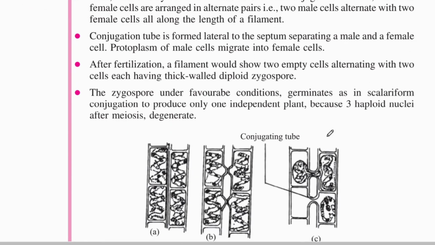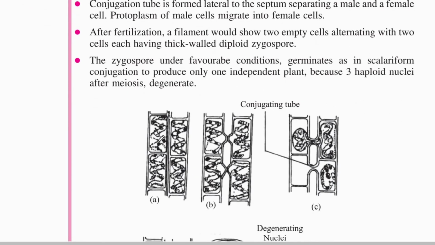That means two male cells and two female cells are coming closer to each other. So this is the first male cell, this is the second male cell, this is the first female cell, and this is the second female cell. They come in contact with each other, lateral to each other, and there is a bridge, a small conjugation tube formation, and the cytoplasmic contents of this cell become male gamete. This also becomes male gamete. This acts as a female gamete. This also acts as a female gamete, and then the male gamete will move to the female cell. Here also it moves to the female cell, and there the fusion happens, and a diploid zygote is produced.